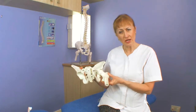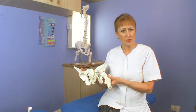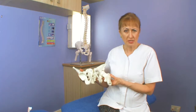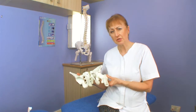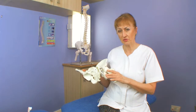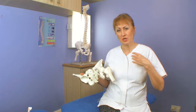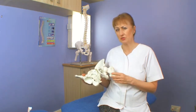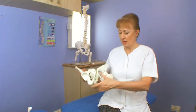Some people coming in will have the early stages of osteoarthritis in the hip, and for a lot of people that process will carry on over many years, often decades, and in the early stages osteopathy can be very helpful at improving general quality of movement in the hip and alleviating stiffness in the muscles. And very often just getting a hip moving when it's got some minor level of wear and tear, just getting the joint moving passively really helps to improve a patient's sense of well-being, improve the mobility of the hip,